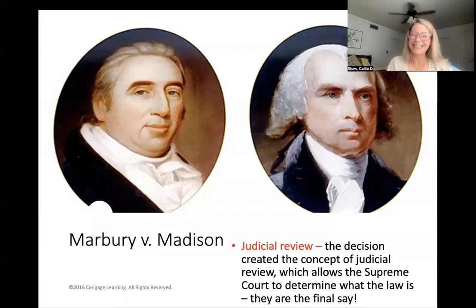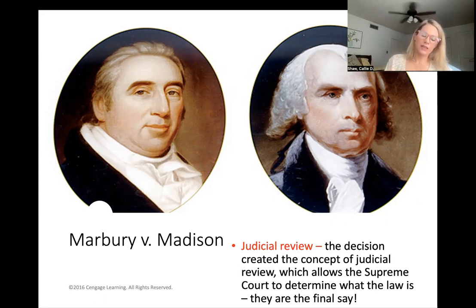It's because of this amazing case. Now, are you ready for a roller coaster ride of a story? So Marbury versus Madison was on the cusp of one of the most contentious presidential elections in history. Now, we think, and rightly so, that the recent 10 years or so of our presidential debates have been a little cuckoo for Cocoa Puffs, right? No matter what side of the aisle you're on, I don't care. But the point is that it has been a little crazy. But this one would make what's happened lately look like Disneyland.